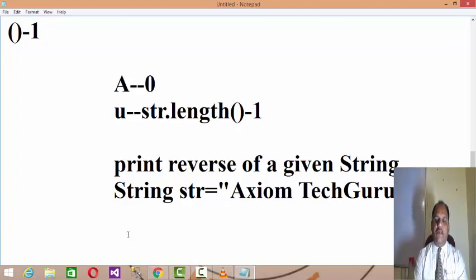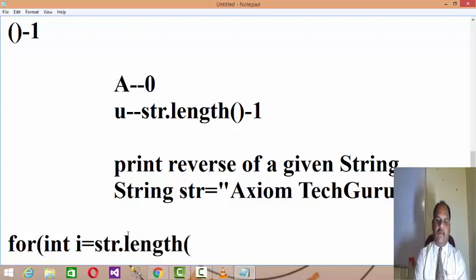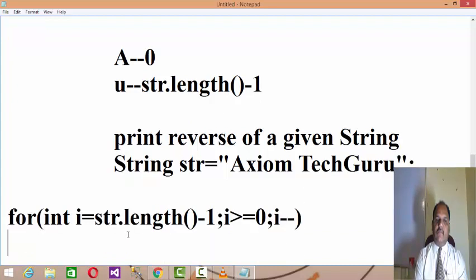What logic can you apply? You set the loop: for int i = str.length() - 1, extracting characters from the last character to the 0th character, so set a reverse loop with i >= 0, i--.